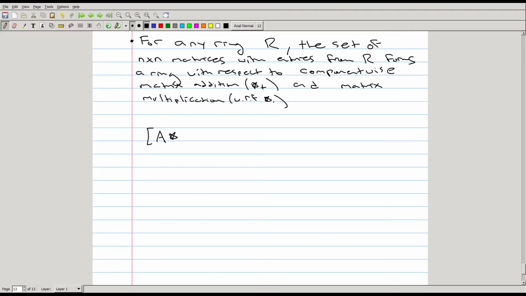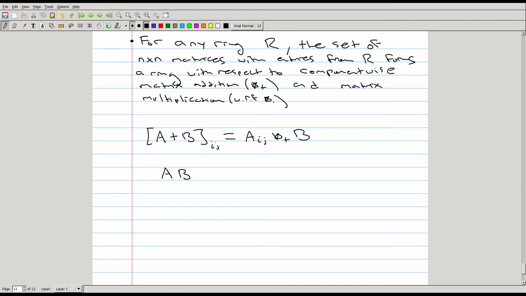So A plus B, the ijth component of this is just going to be aij, whatever that element is, which is an element from the ring R, star plus B,